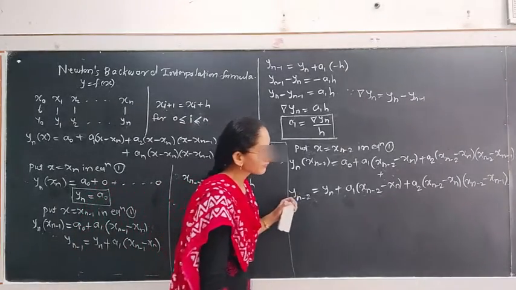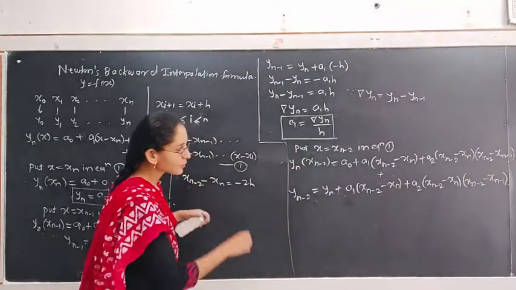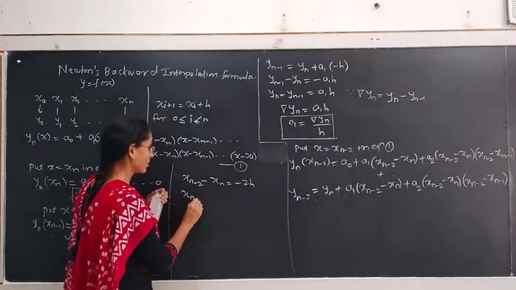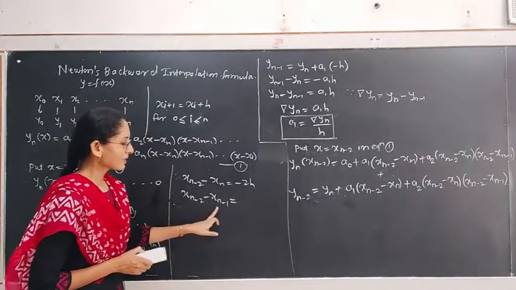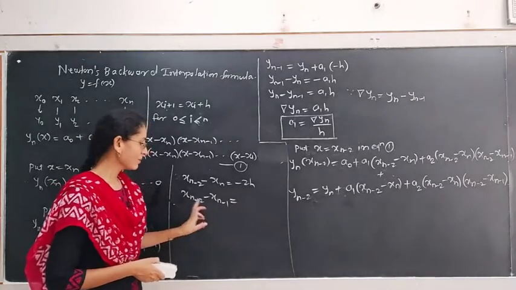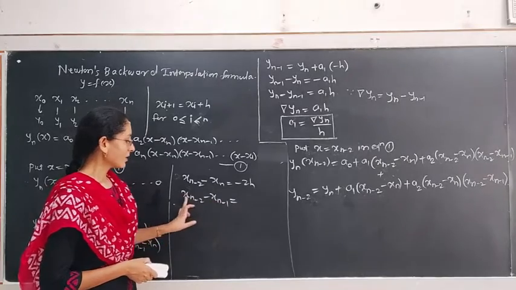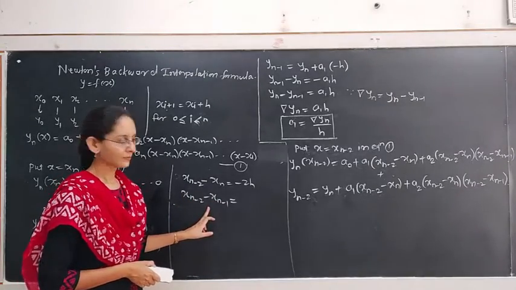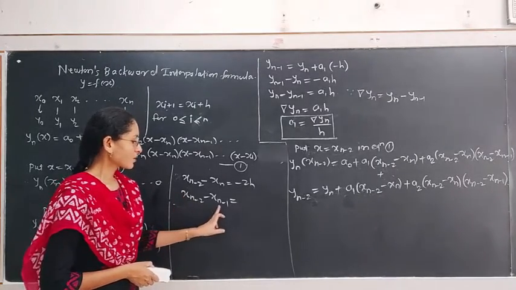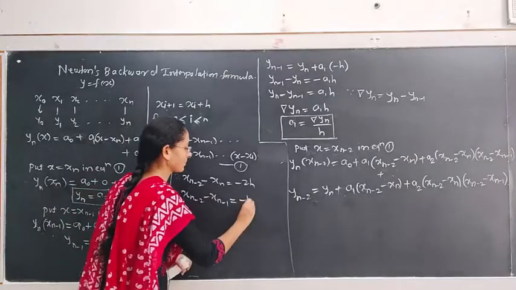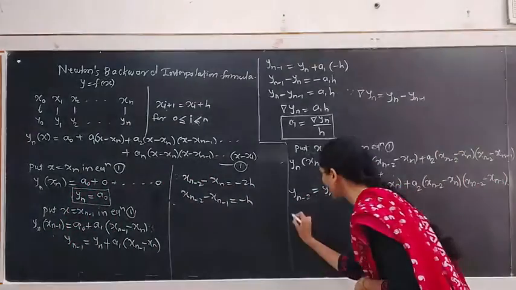In the next term, we require x_{n-2} - x_n, that is minus 2h. Also x_{n-2} minus x_{n-1}: x_{n-1} is the term obtained in the next step to the term of x_{n-2}. Therefore, the difference x_{n-1} - x_{n-2} is plus h. If we multiply that equation by a negative sign, then we get x_{n-2} - x_{n-1} is minus h. Using both the values in the last equation, we obtain the value of y_{n-2}.